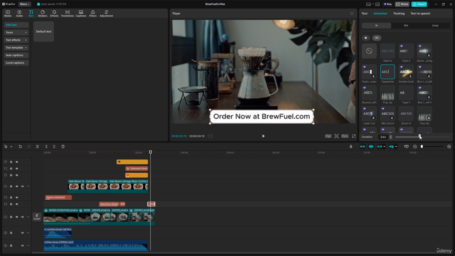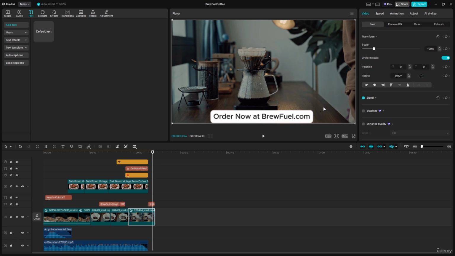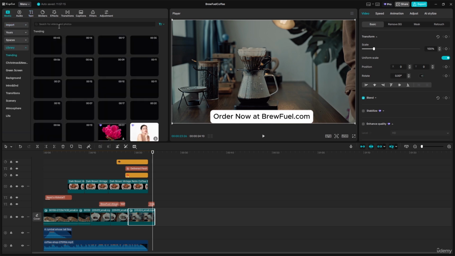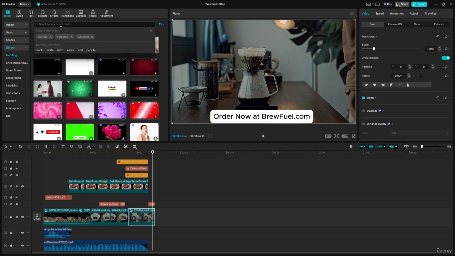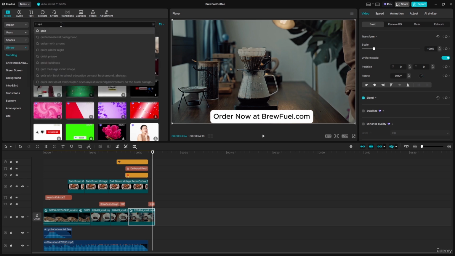And the durations, we can increase them a little bit from there, like this one. Okay. And also, if you want to, you can use your QR code. Let's go to the media over here, or I'm going to use the libraries over here. So let's go to the